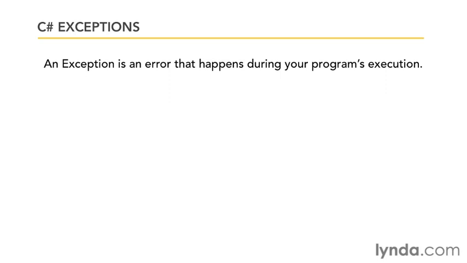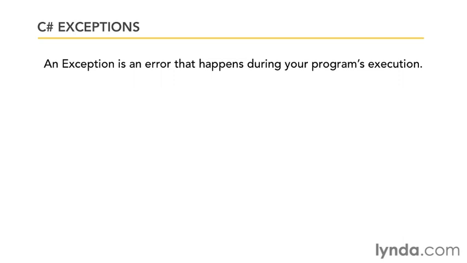An exception is basically an error that happens during your program's execution, whether it's because the user put in some data value that you weren't expecting, or the system runs out of memory, or something else bad happens. So let's take a look at an example of an exception, and then we'll learn about how to handle exceptions